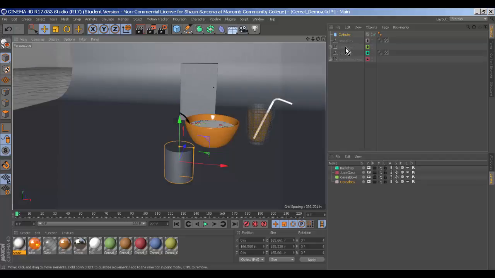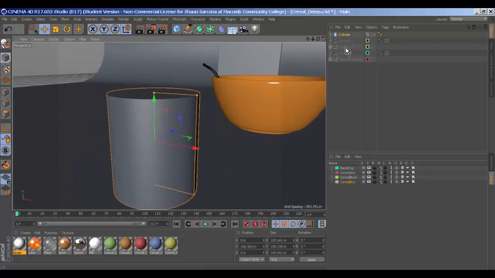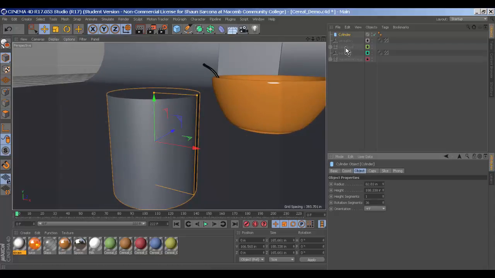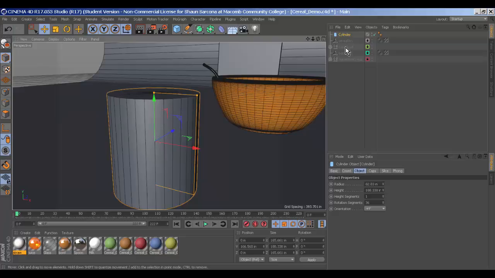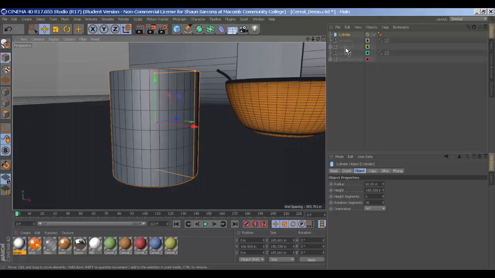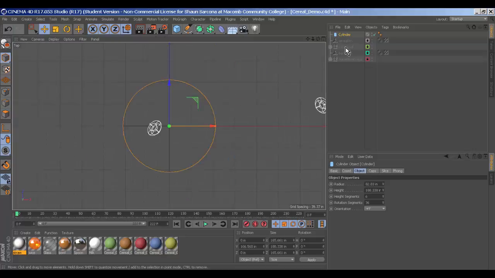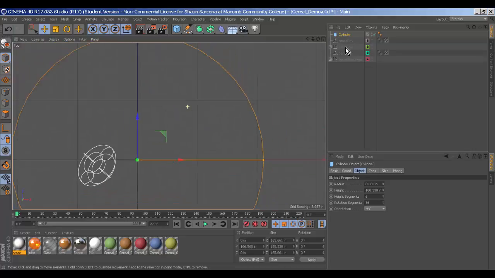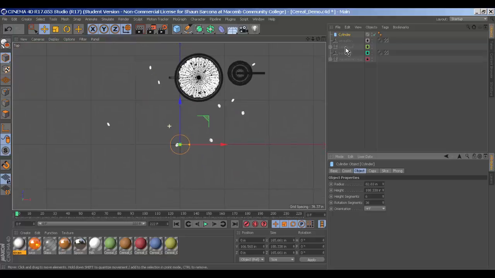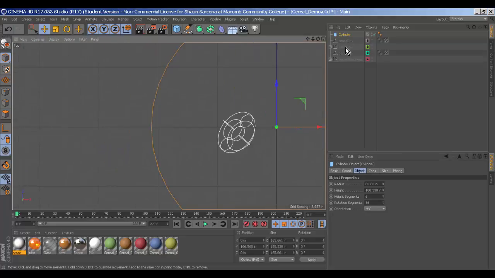Alright, so here's our coffee cup. So I'm going to go to my attributes. I'm going to turn on my shading. And I want a couple height lines in here. Like that should be good. 6 should be good because I need to put a handle on here somewhere. I'm also going to jump to the top view. Oh, so just fallen cereal. And what I wanted to do is,